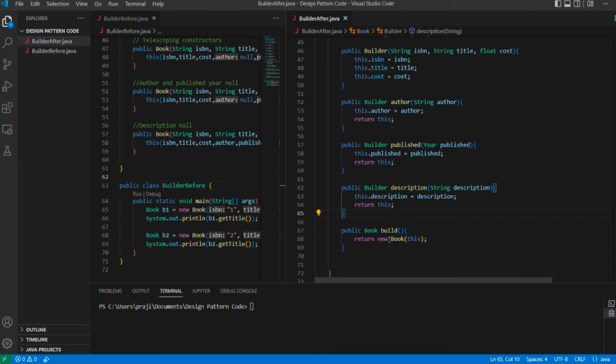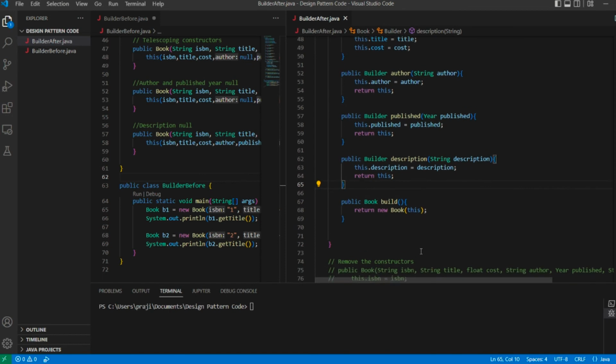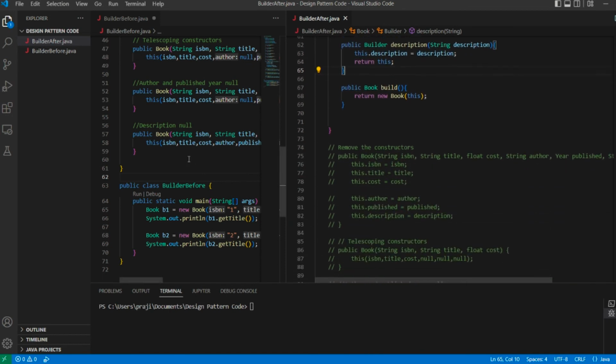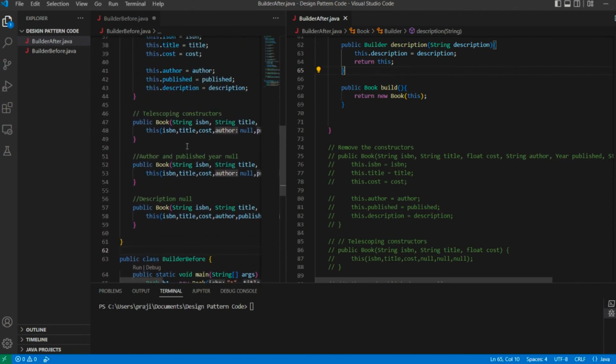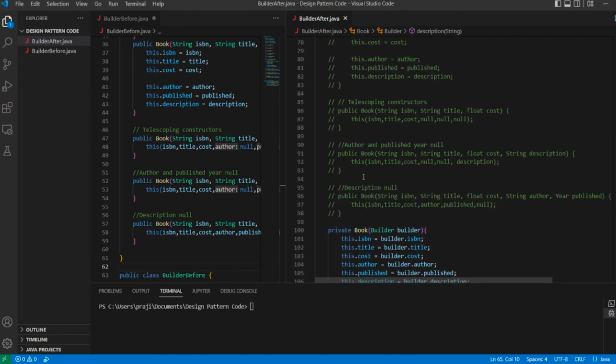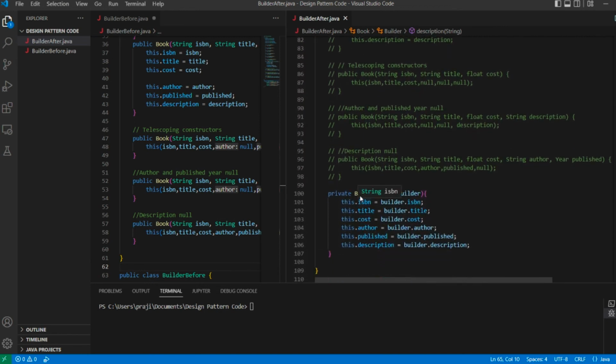And here we can see that it is calling a constructor, and we will look at what this constructor is below. So the additional constructors which were there earlier, all those have been removed, and it's replaced by a single book constructor, right, which takes the builder object as input and assigns the values for each parameter,